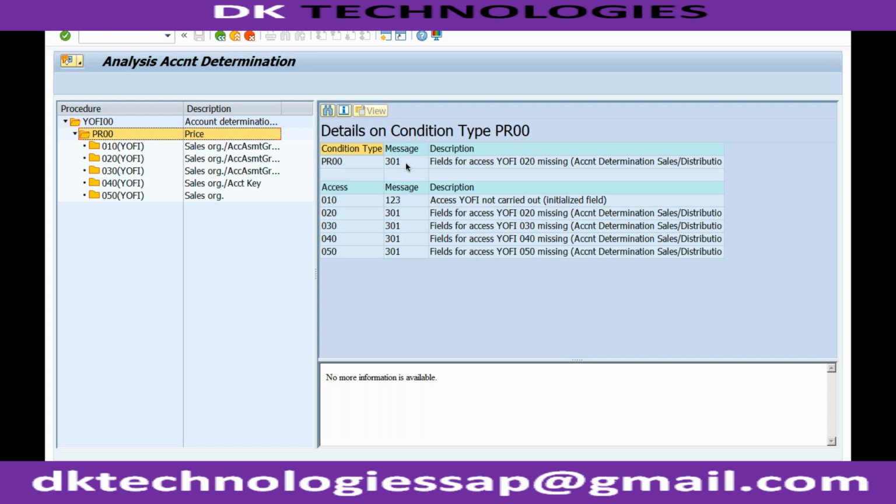So this is a very important step. This is a very important configuration related to SD and FI. There is no MM role here. In our last settings, I told you it was related to SD, MM, and FI. Now it is related to SD FI integration. Just remember, for SD and FI integration,